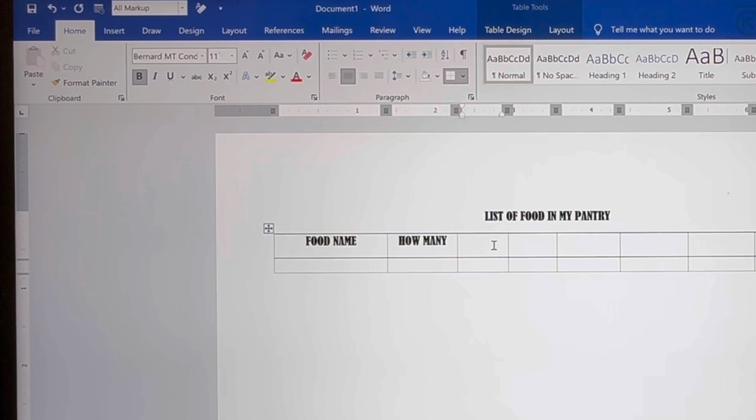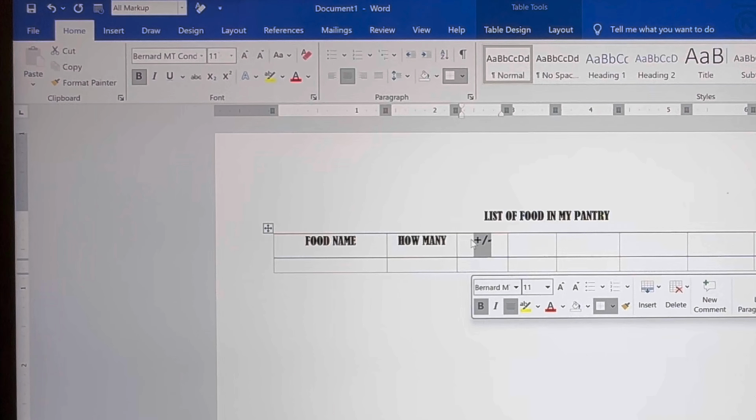Plus minus. That's what I'm going to say. This is how I'm going to keep count, like when I go to the grocery store, or my husband goes to the grocery store. Highlight this and then click again this paintbrush. Paintbrush is perfect. I love this paintbrush